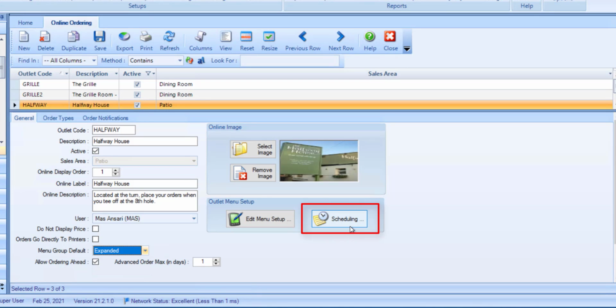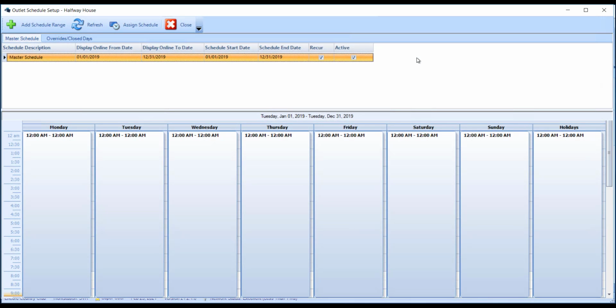Scheduling allows you to create the hours of operation for when this outlet is available to take orders online. There are two schedule option tabs. The master schedule is used to dictate the typical outlet availability. The specific opening and closing hours can be configured for each day of the week and for holidays. The override/close days schedule is used to dictate alternative availability for a specific date range or to specify days the outlet is closed. To add a new schedule, click the Add Schedule Range button